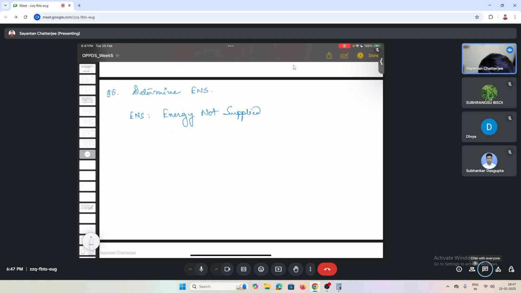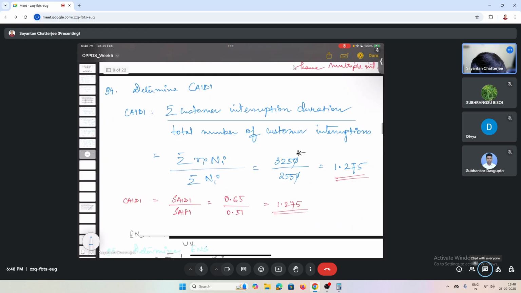ENS can be given as a formulation of L average with Ri. So summation of L average, and what is L average? We can also form L average as a formula: L peak value into the load factor. Okay. So as we can see here, the ENS needs to be calculated, right? So how to calculate the ENS? Since we need to calculate the average, from the data set,